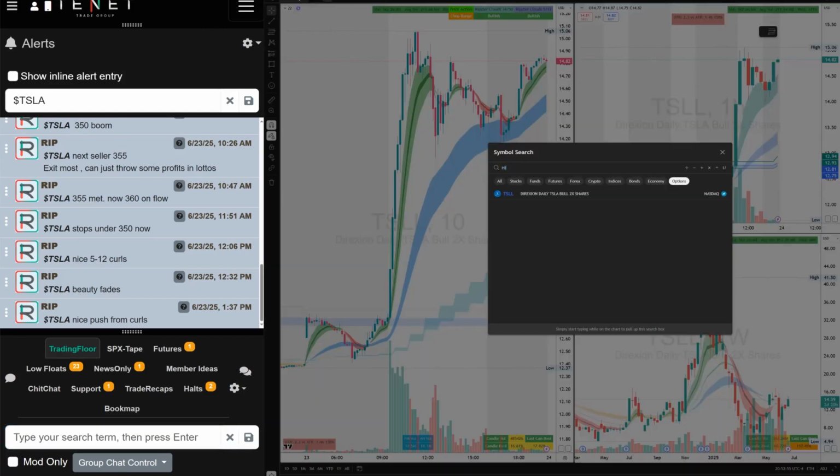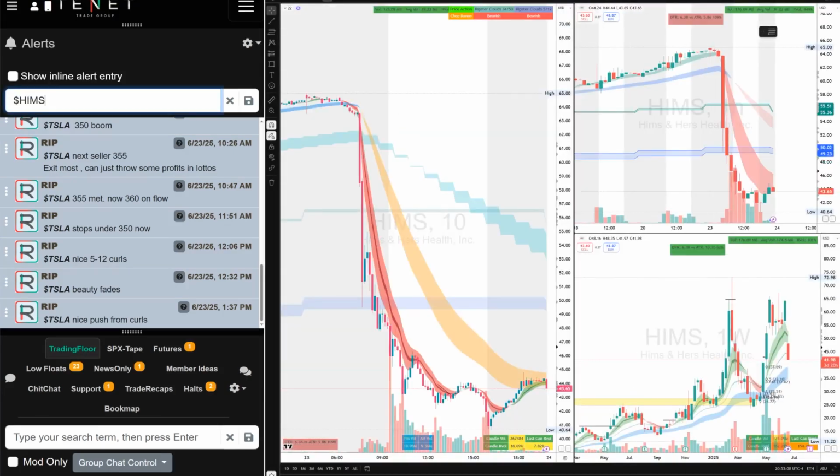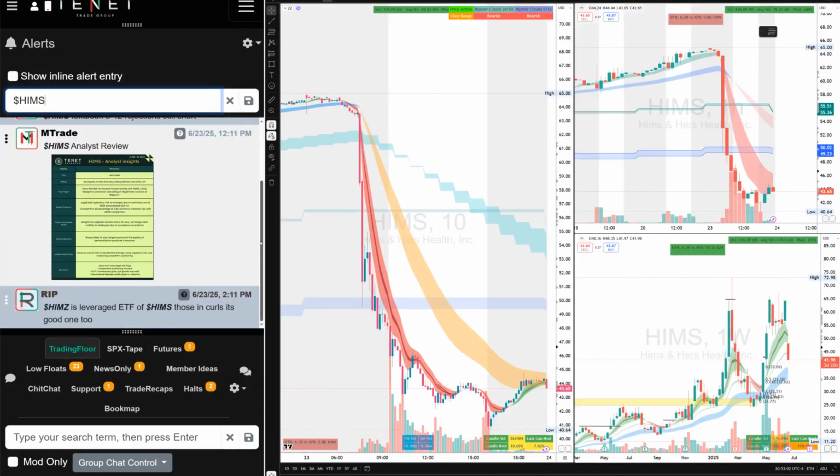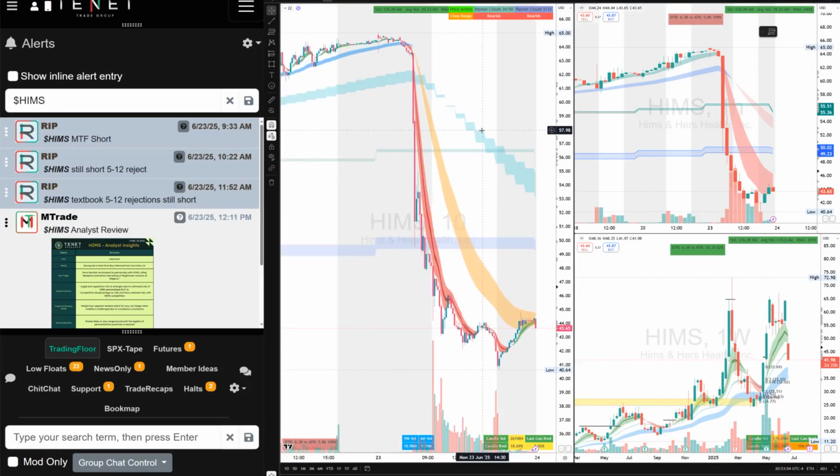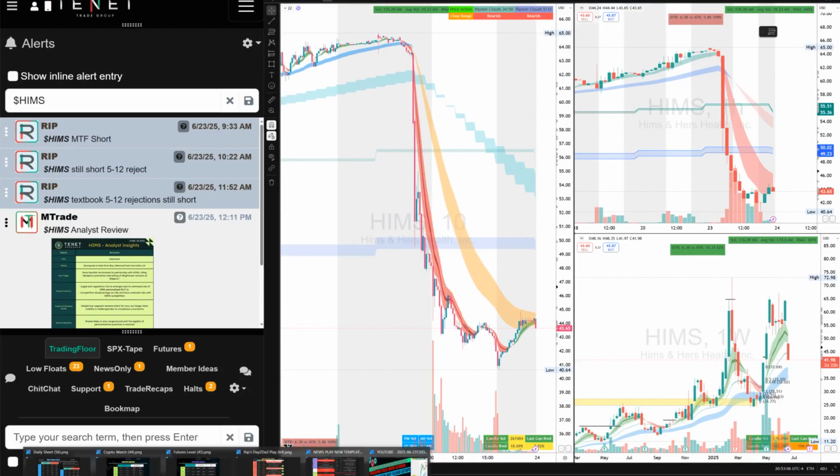All right, so let's look at HIMS. Okay, so what was the plan on HIMS? Let's go to the HIMS. I did do the questionnaire on Twitter X today. Very proud of that. A lot of my traders, followers, not in the community, they answered mostly the right question. But many of them missed one key concept here.